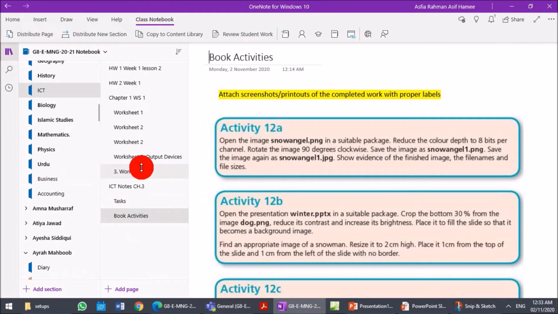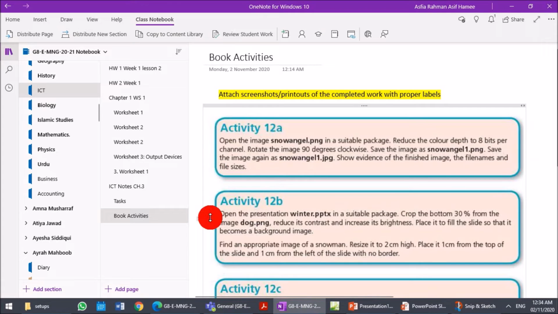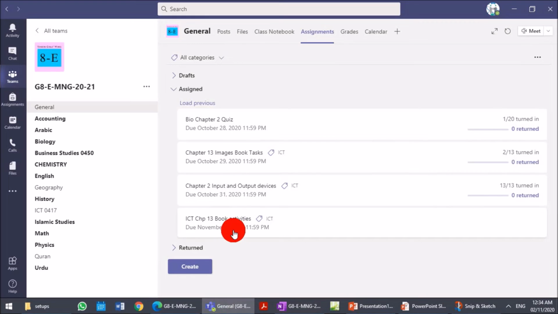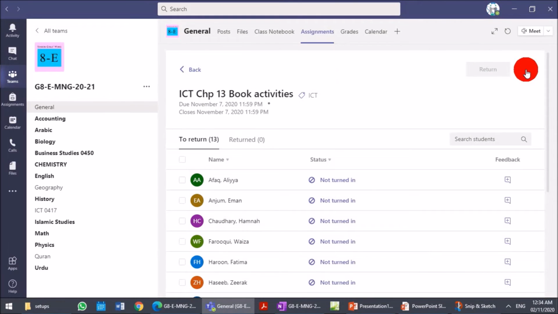The main difference in both the ways is when you distribute the page using the class notebook distribute page option, you cannot have the deadline. But when you do it with the assignments, you have the deadline and you are using the class notebook page, so that the students will be editing their own notebook page and turning it in as an assignment. You can open this and check the student view,